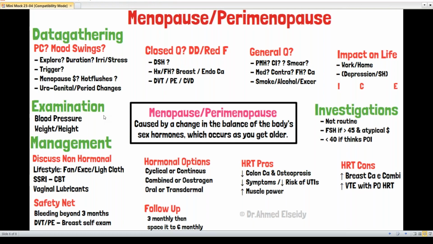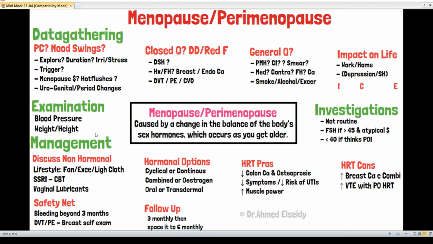For me here, because I'm thinking about menopause, I'm thinking that I might need to give HRT, I will offer what can be contraindicating me to prescribe medication. Blood pressure, yes, because blood pressure problem will make me very cautious with prescribing hormones. Weight and height, yes, because high BMI will make me very cautious with prescribing hormone because that can increase the risk of cancer.